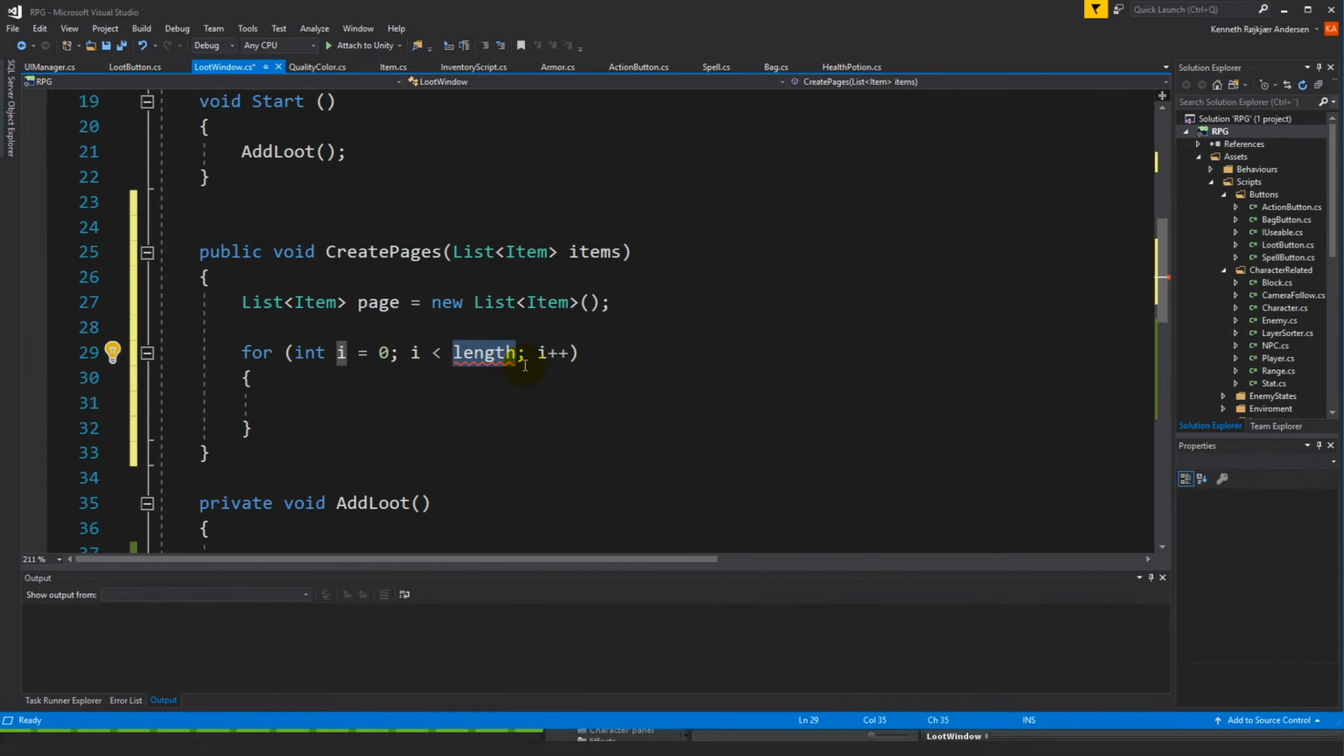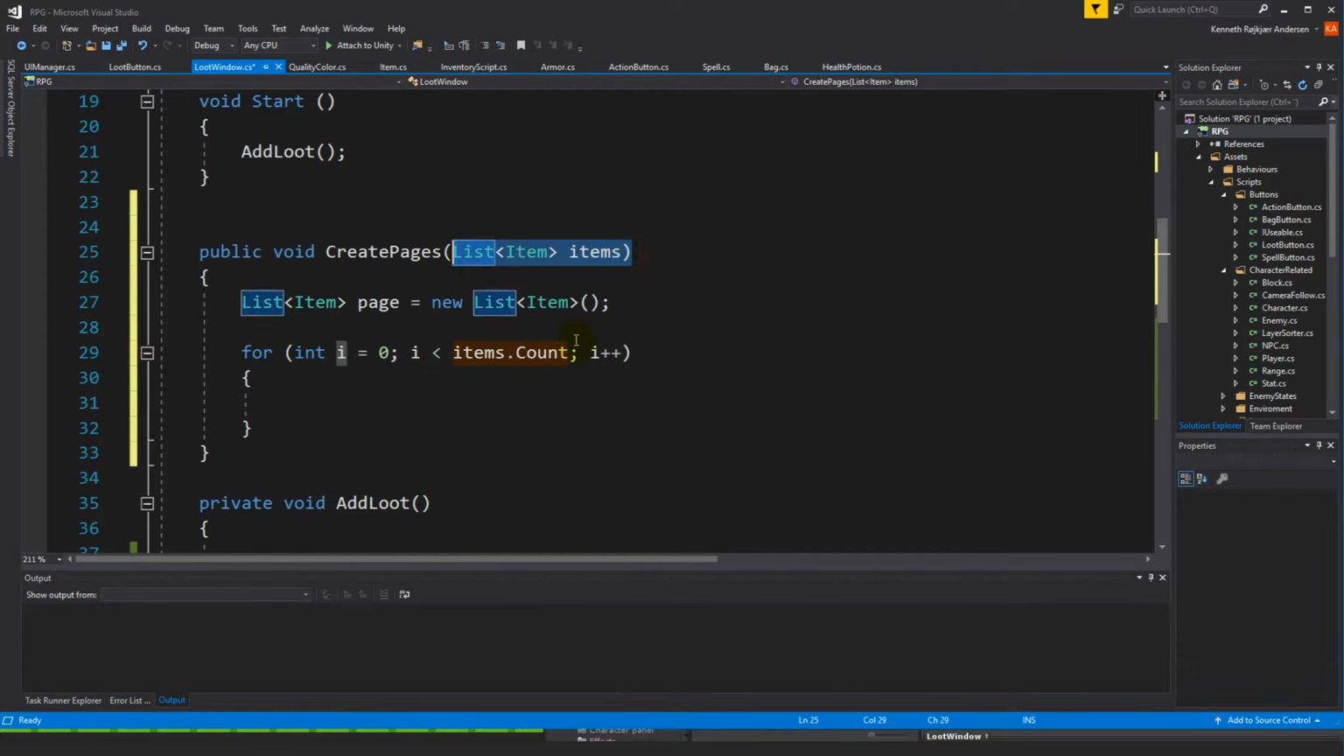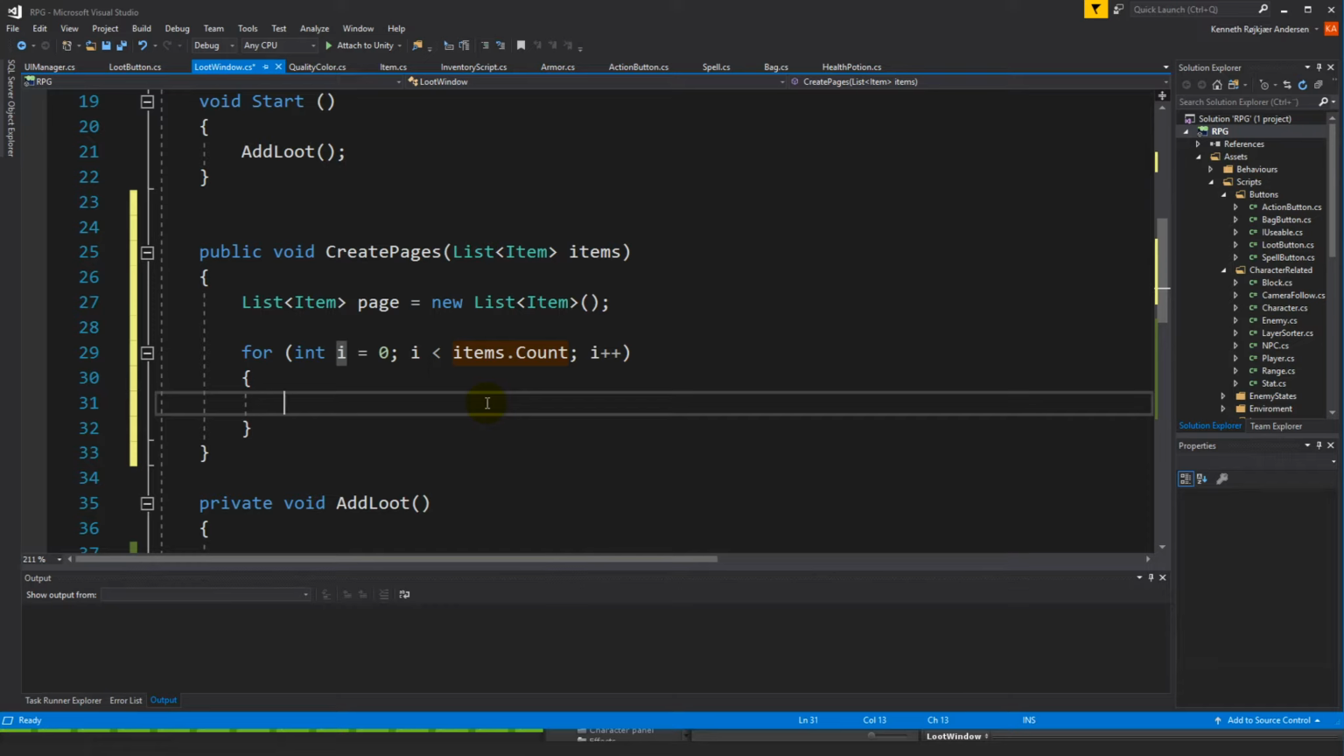So how many times are we going to run? We are going to run as many times as we have items in our items list. When we have an item, we add it to our page. So items I. We look at the first item, we add it to the page. We keep doing this, right? We will add everything to the pages. But at some point,